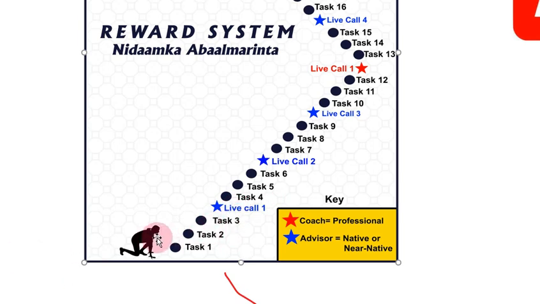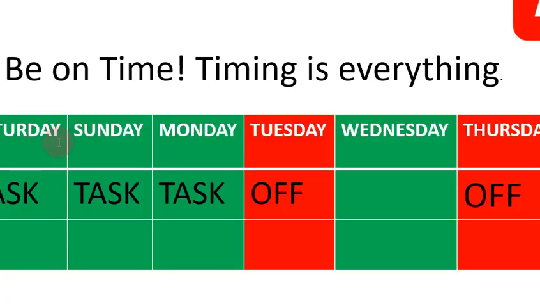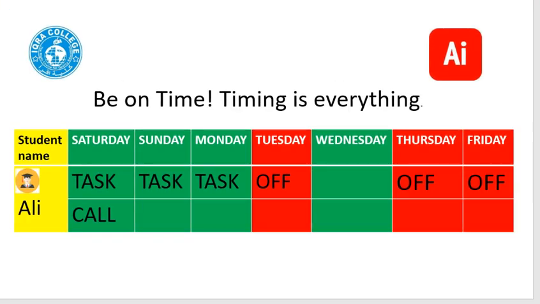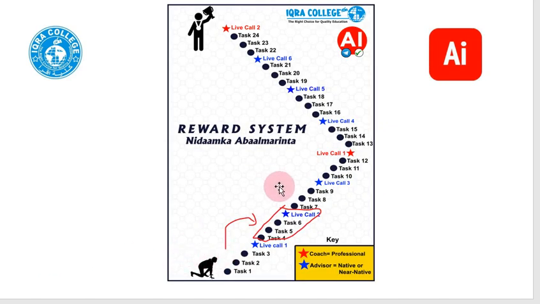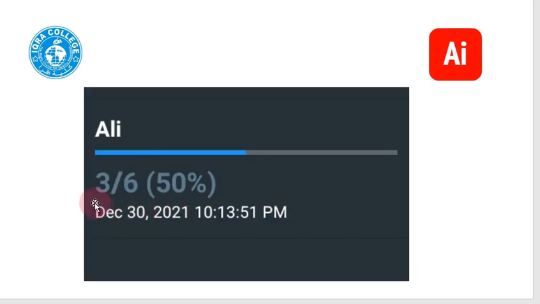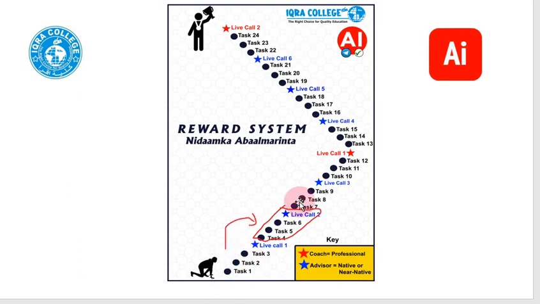So Ali does not go to the next one until he does the call, because here he only did task 1, 2, 3. So if Ali does the task 3 days, and he does a call on Saturday with another student or learner, that means he's going to the next level. Instead of getting 3 over 3, he'll get this sticker or picture, and it'll say 3 over 6. It means he has finally unlocked the next level, indicated by the number 6, and he's just starting. So that means he just finished the 3rd task, and he's going to the next section.